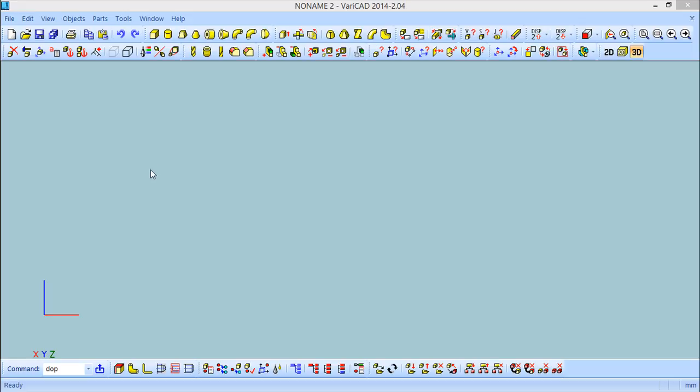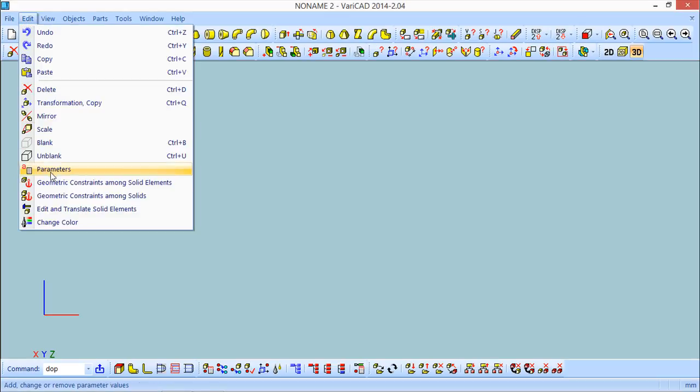I want to show you the concept. I will make a couple of examples, not very difficult examples, but to show how to deal with parameters inside the part environment, the 3D environment. So we have at least two ways we can approach this subject. The first one is to go into parameters or menu edit, the same,